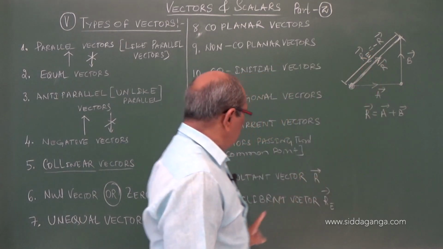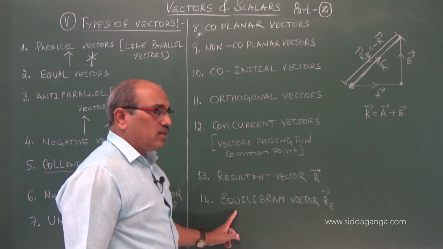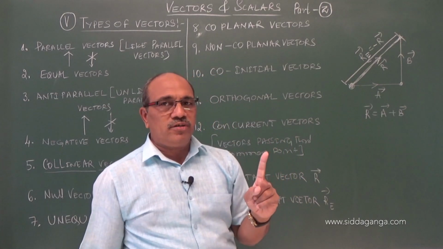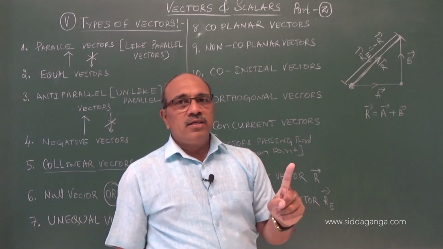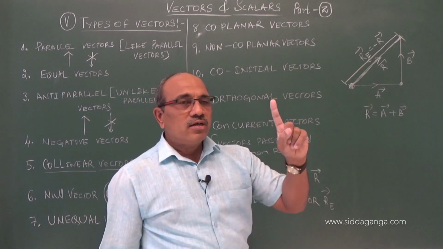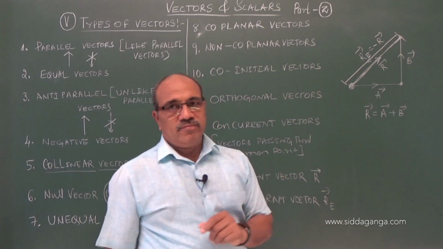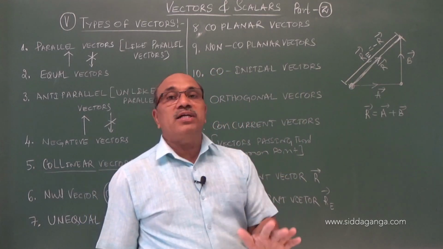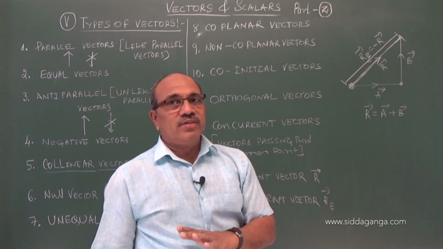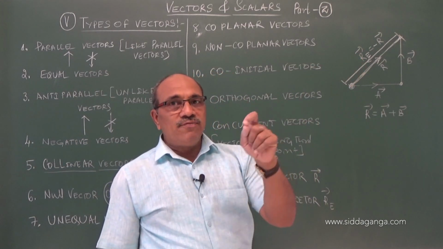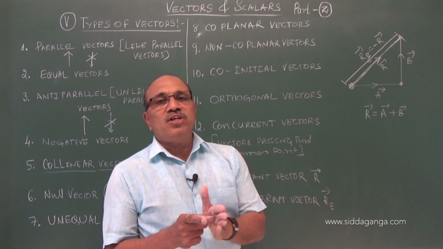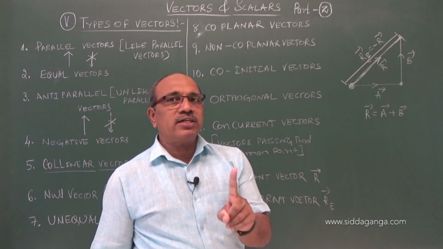Therefore, when we call it equilibrant, it is a single vector acting on the body which makes this entire system come under equilibrium, not neutral, under equilibrium, because resultant replaces all the vectors. Equilibrant makes the effect of all vectors zero. The net effect on the body becomes zero. It is a single vector.